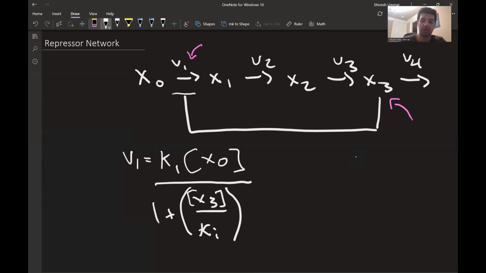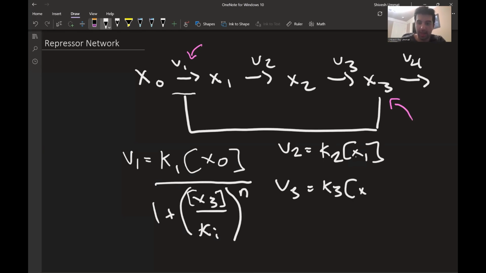And lastly, we're going to have this n here that allows us to specify how strong this repression is. But other than that, our rates are all going to be as we would expect with the mass action